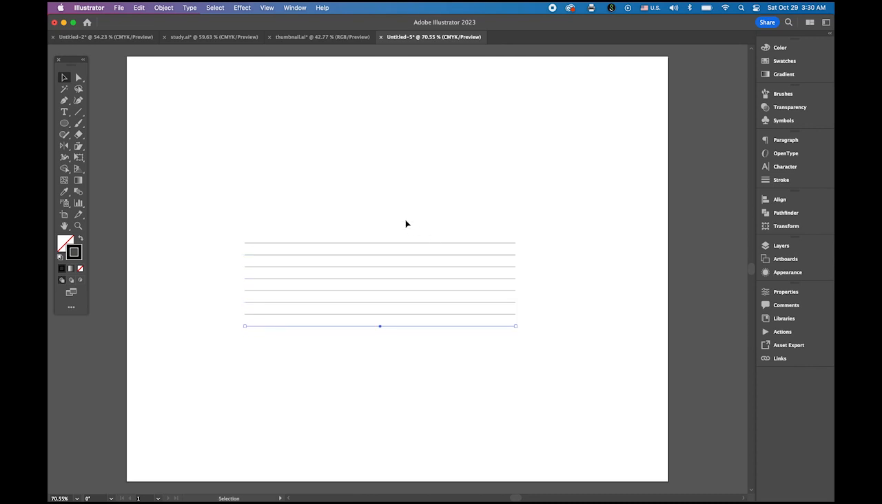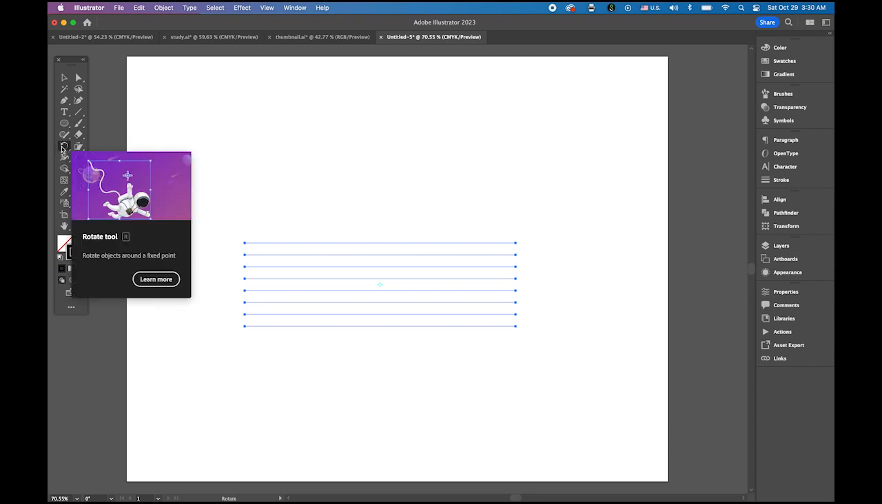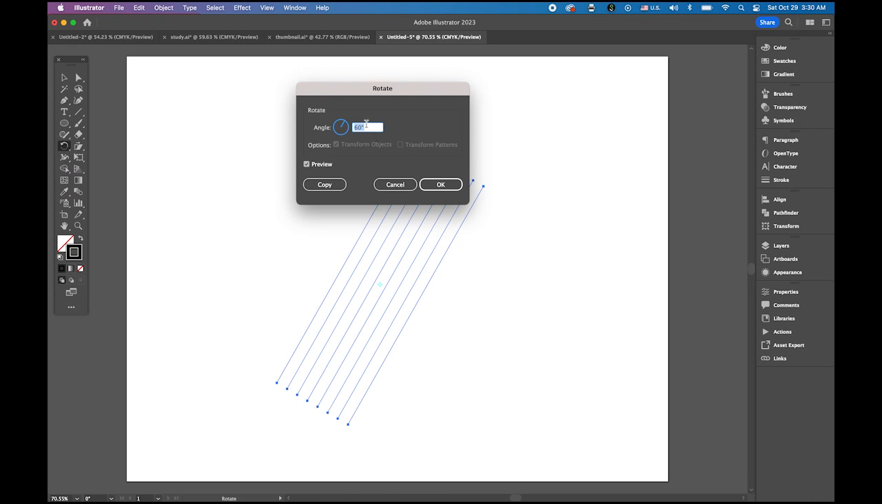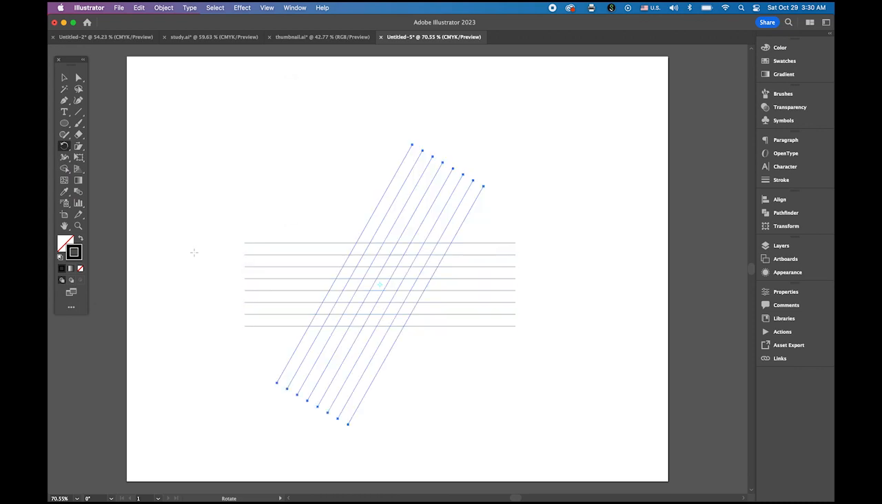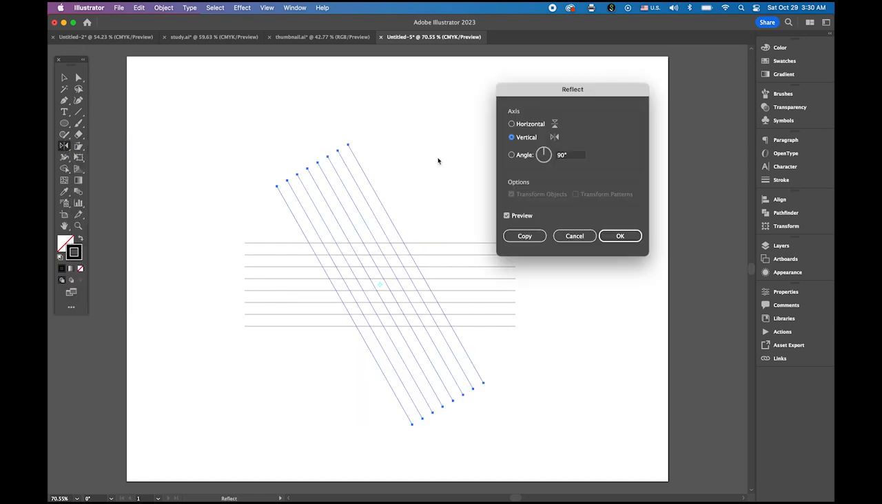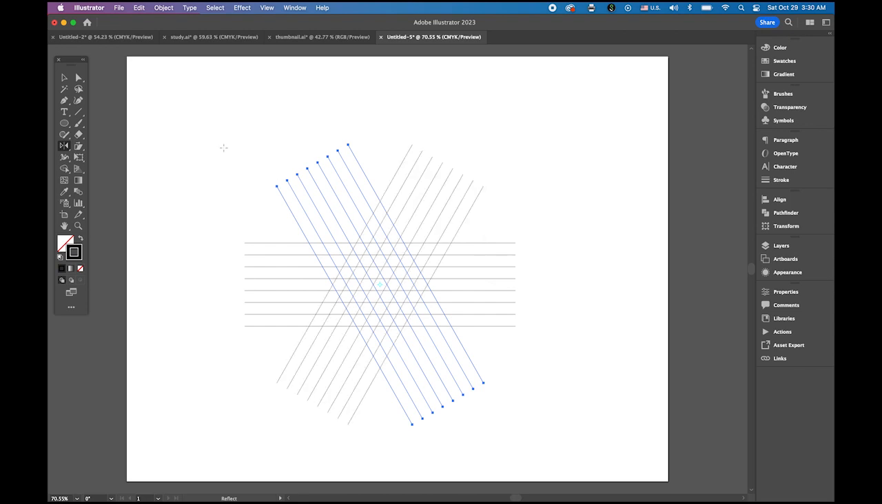8 lines. Select all and group them. Command G. Okay. Then choose your rotate tool. Double click your rotate tool in your toolbox directly and rotate 60 degree and copy. Okay, now choose reflect tool, double click your reflect and vertical axis and copy. Okay, so now let me zoom in a little bit